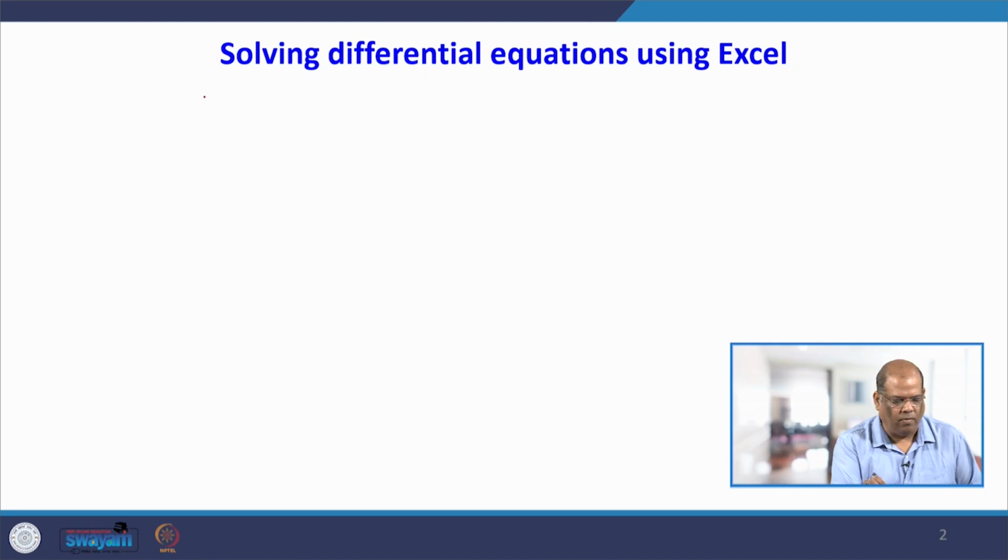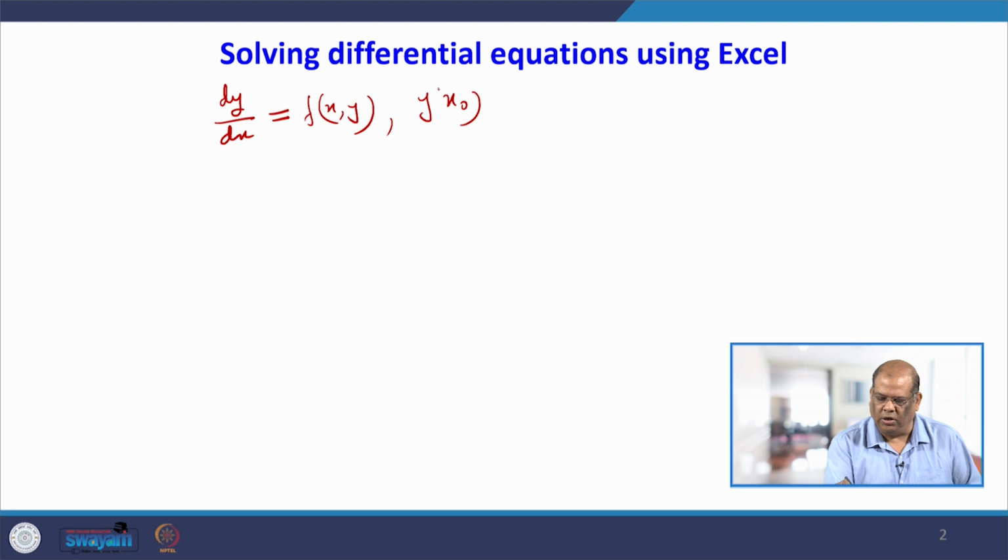So, what I am going to derive is Euler's method of solving a first order differential equation. So, you consider a differential equation of the form dy/dx = f(x, y), and given an initial condition y(x0) = y0. Now, either you know a method of solving that, or otherwise, when you cannot solve it analytically, you have to take the help of numerical methods. So, to solve this by Euler's method,